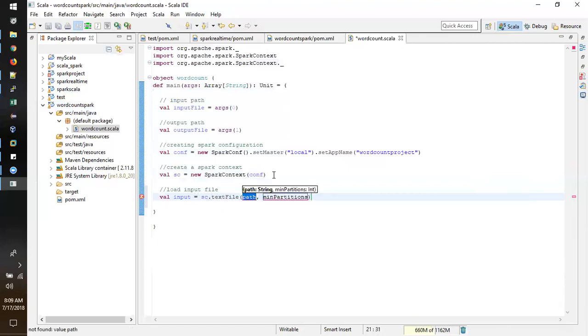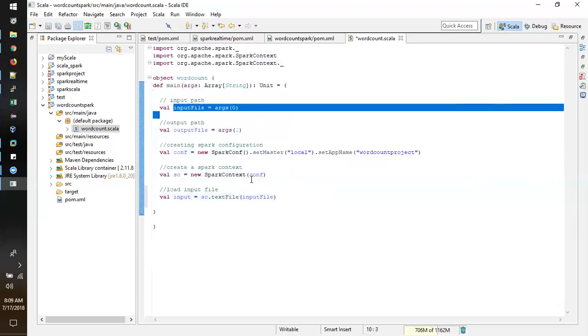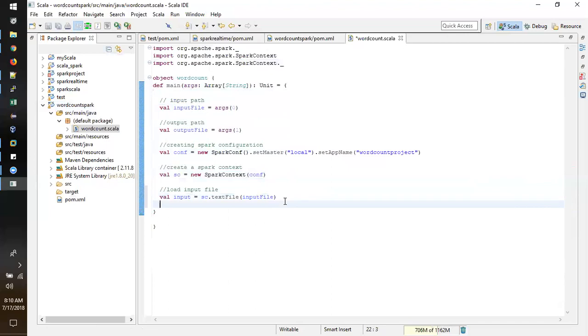You have to mention that input file. It will be mentioned as an argument. If it is static, then only we need to provide a static value. Now the data is loaded into the input argument, and then we will split